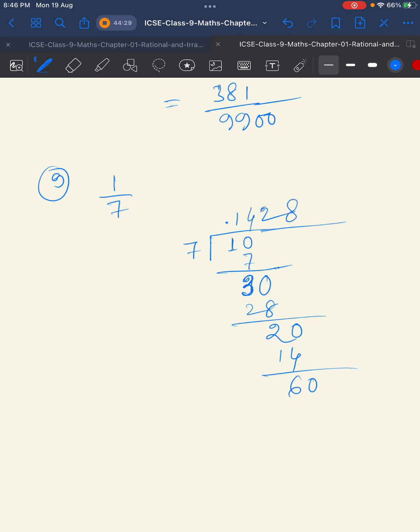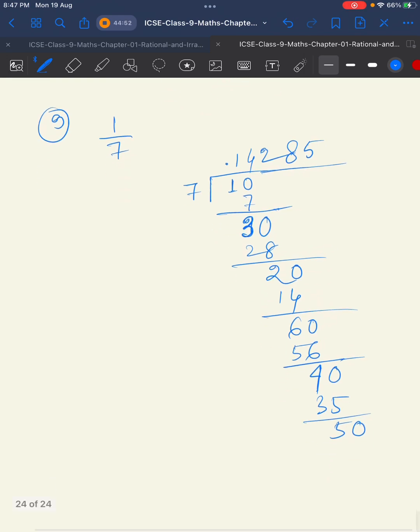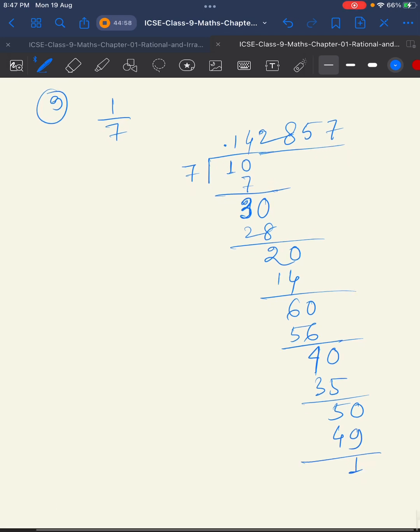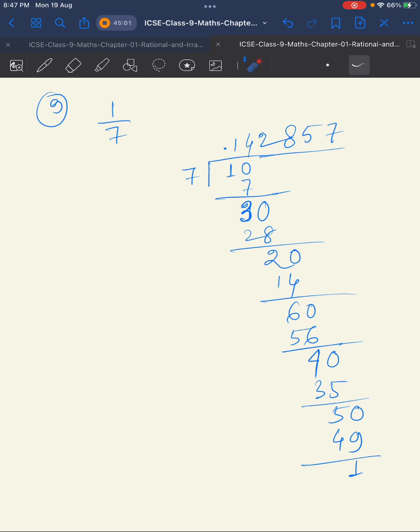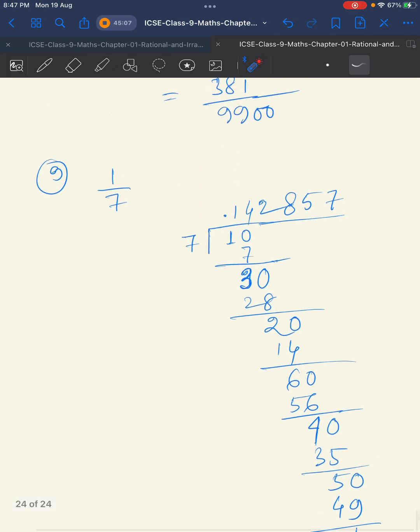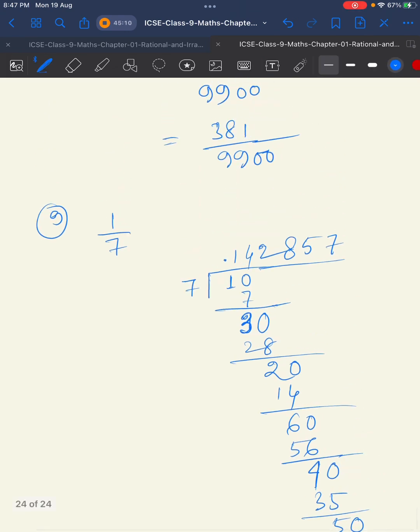Now 7 8s are 56, subtracting we will get 4, then 0. 7 5s are 35. Now we have 5, and for the point there will be 0. Now 7 7s are 49. Here we'll have 1. So you see here 1 is repeated, so the answer is